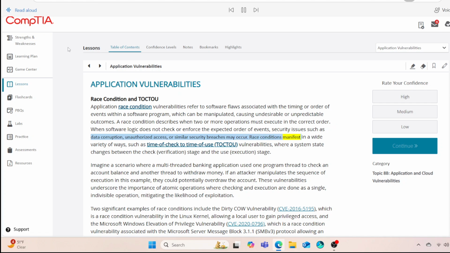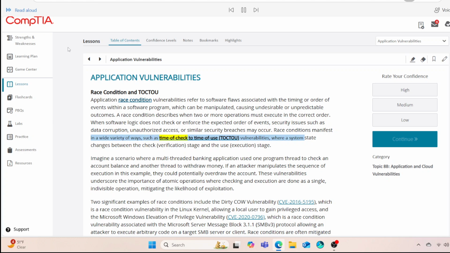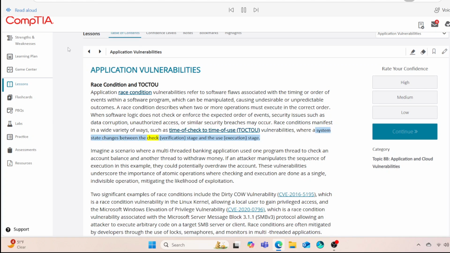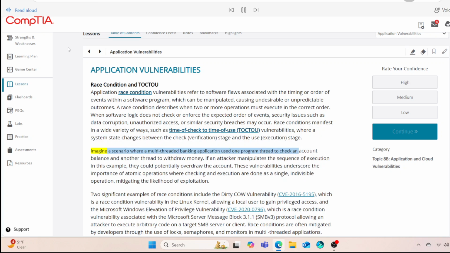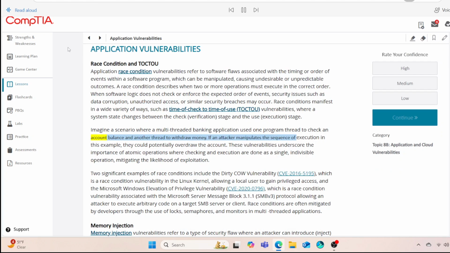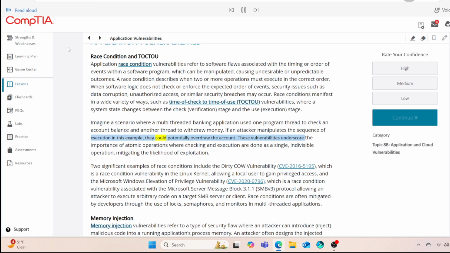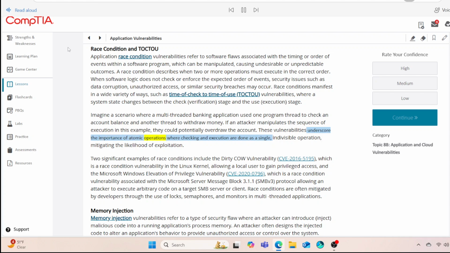Race conditions manifest in a wide variety of ways, such as time of check to time of use, TOCTOU, vulnerabilities, where a system state changes between the check, verification, stage, and the use, execution, stage. Imagine a scenario where a multi-threaded banking application used one program thread to check an account balance and another thread to withdraw money. If an attacker manipulates the sequence of execution in this example, they could potentially overdraw the account. These vulnerabilities underscore the importance of atomic operations where checking and execution are done as a single, indivisible operation, mitigating